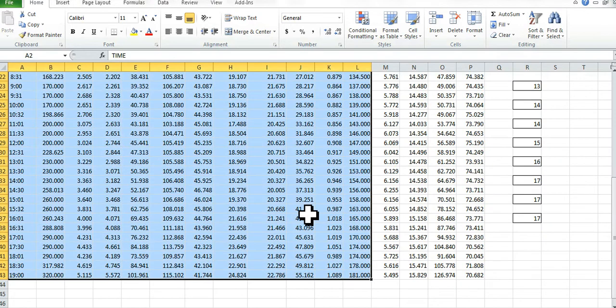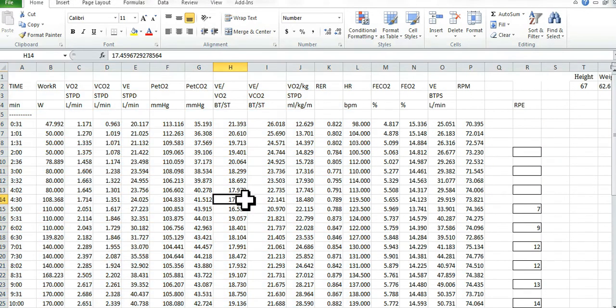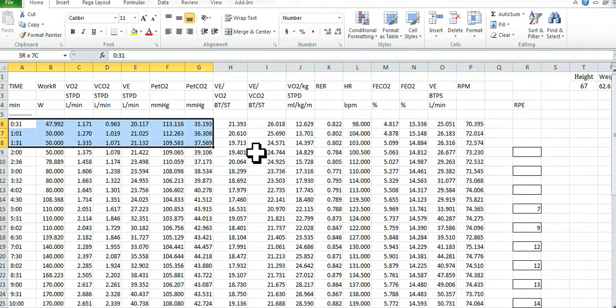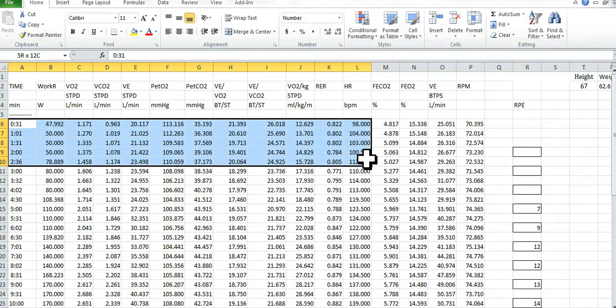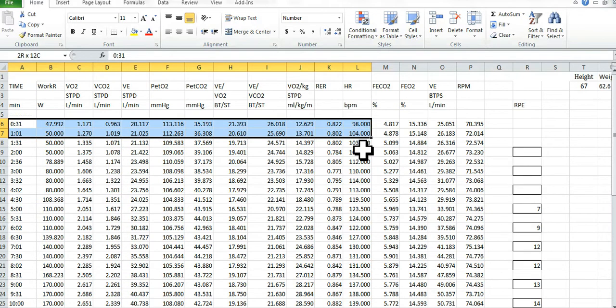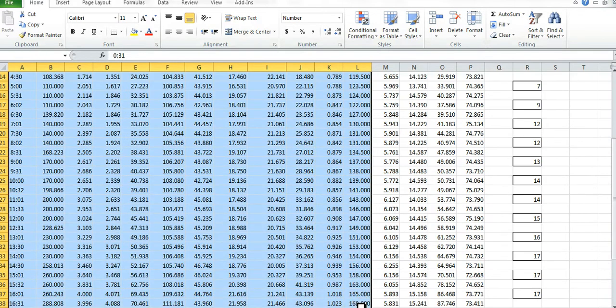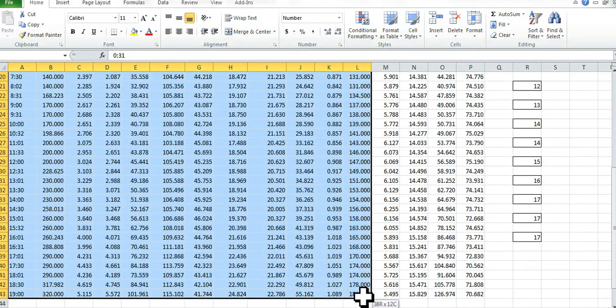This is the data from one of the males, for example, and this is simply the raw data that we get from the metabolic cart. We're going to highlight everything that we need for our Excel sheet. Our Excel sheet goes all the way up to heart rate, so we're going to highlight all the way down to heart rate, Control C to copy it,